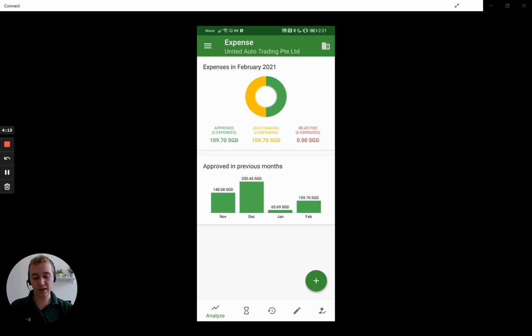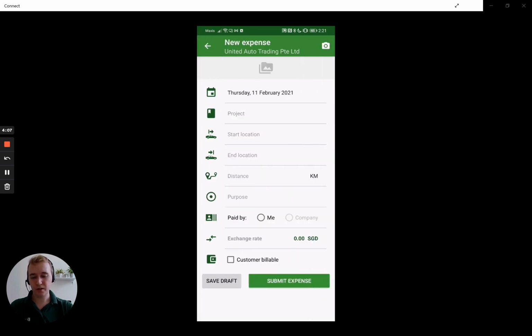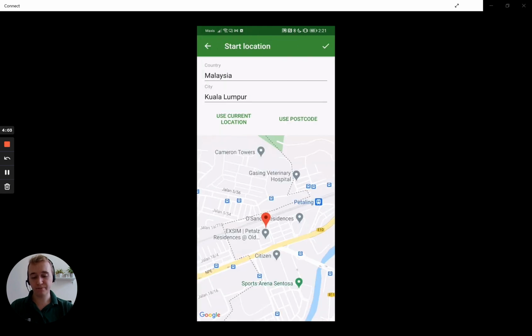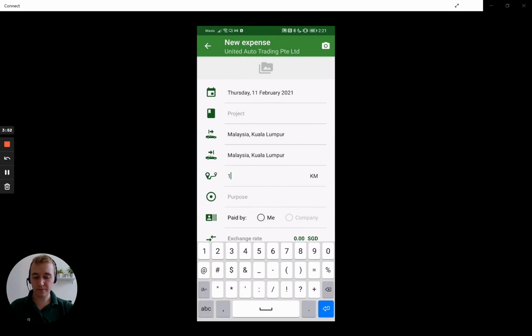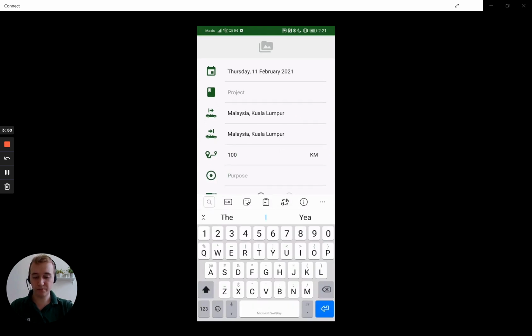In order to add an expense, you want to press the plus button in the bottom right. Let's start with a mileage. Go ahead and enter the date, the start location, and the end location. This will default to your current location, or you can use a postcode or change it manually. Pop in the distance and the purpose,